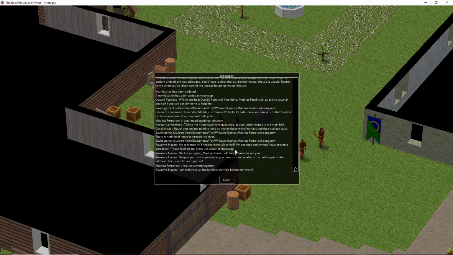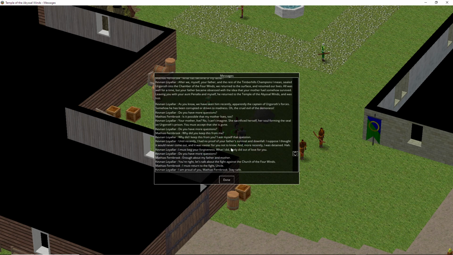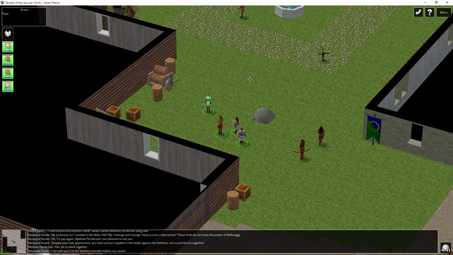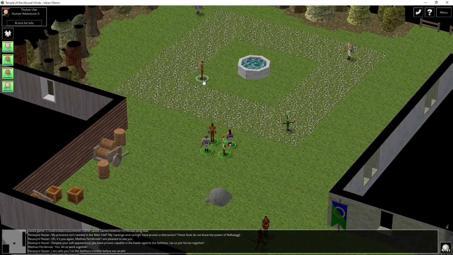Has anybody said anything? I always miss conversations between the party members. Alright, for now, this is our party, but it's not a very good balanced party. Tholvar Ular, Penala Loyalar, our aunt, Gwingorfin